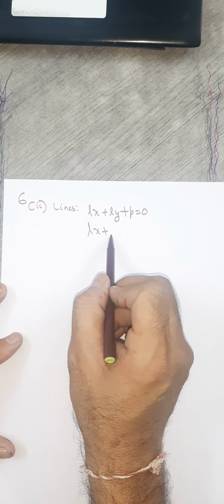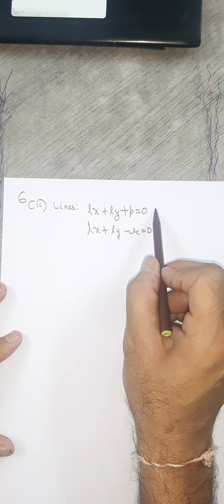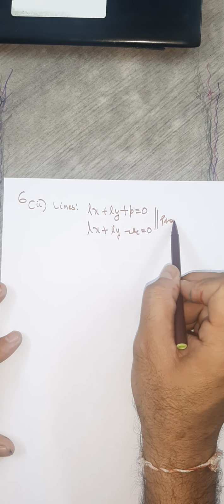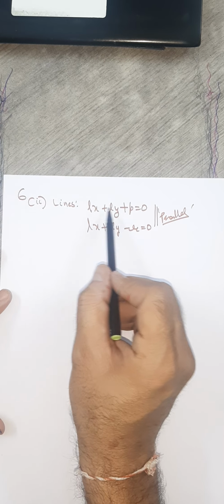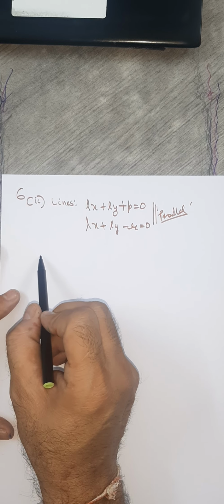This is one line and this is the other line: Lx plus Ly minus r equals 0. Clearly these two lines are parallel. Why are these two lines parallel? Because you can see the slopes are equal, minus a by b. Okay, so therefore here